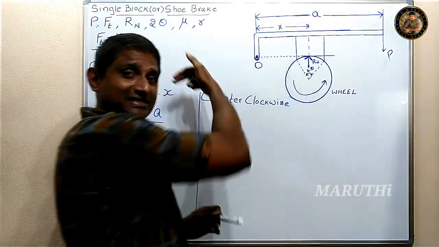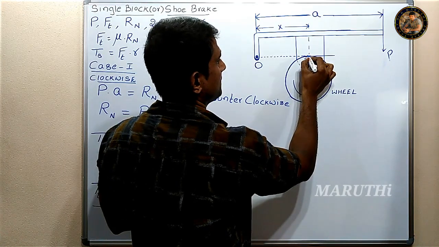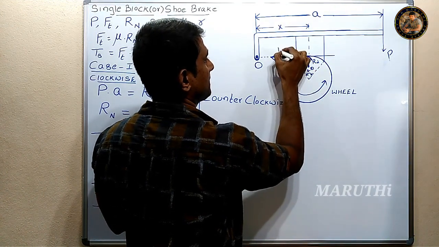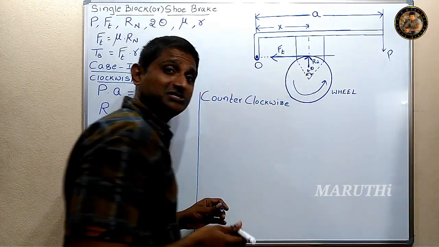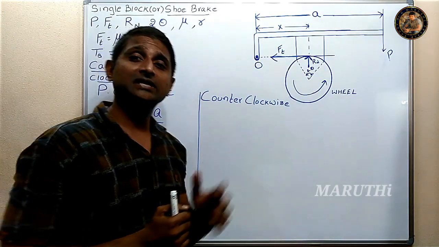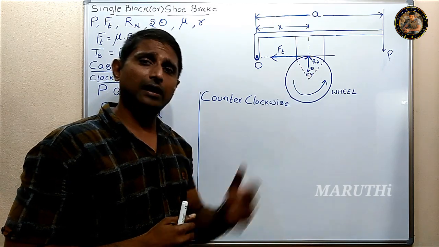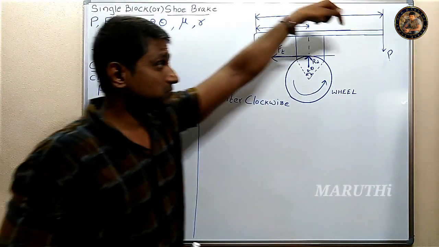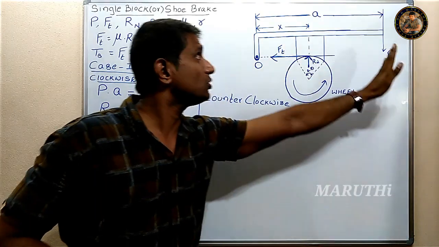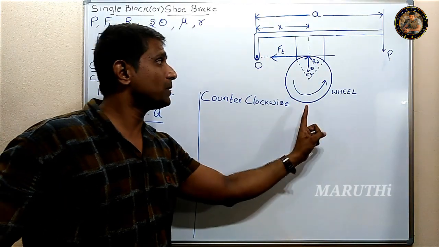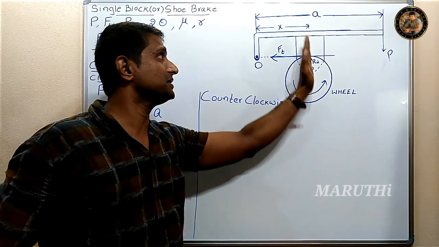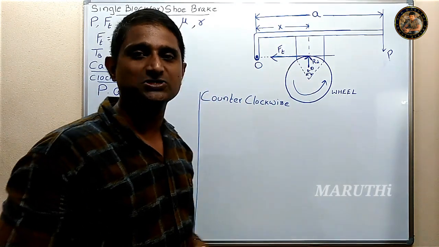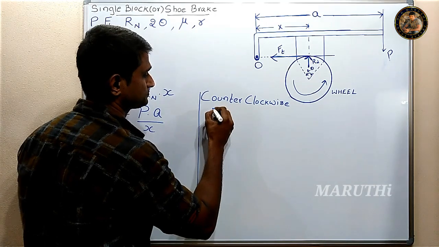Whereas for shoe, it is in this direction. So this is Ft. Now again applying the equilibrium condition, taking moments about O. Moment because of P is P into A clockwise. Moment because of Rn about O is Rn into X counterclockwise. Moment because of Ft is 0 because line of action is passing through O. Therefore,